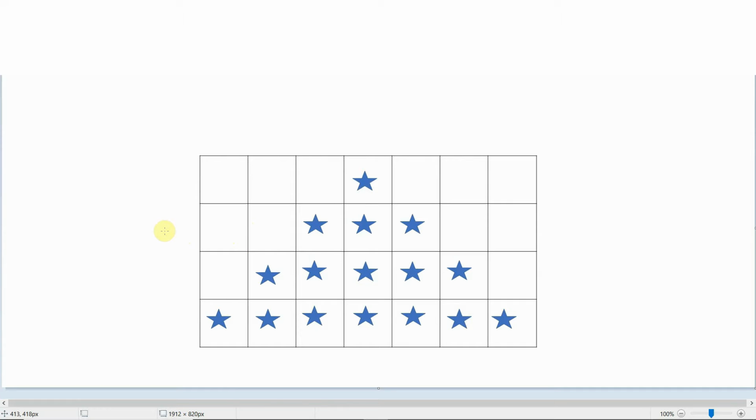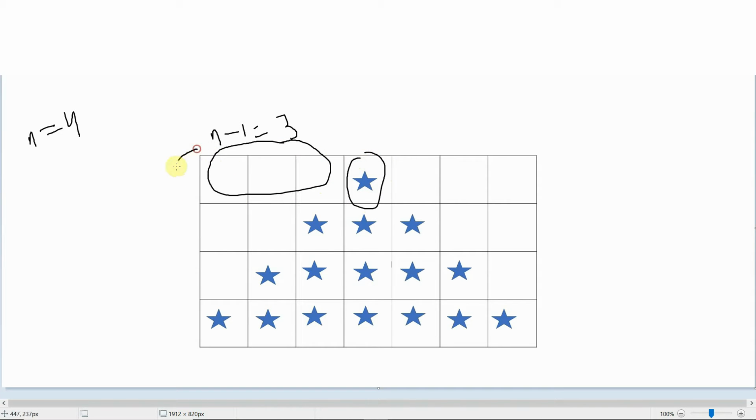Suppose you have to print n levels of stars. Here we have taken the example n equals 4. The first thing is to print the number of spaces required. Here you can see we have 3 spaces and then we print a star. We print spaces up to n minus 1, which equals 3 because n is 4. So we first print 3 spaces and then a star.